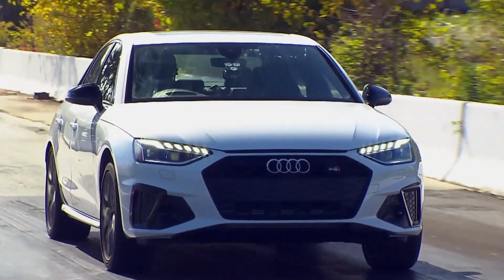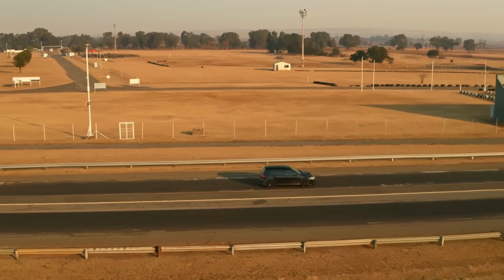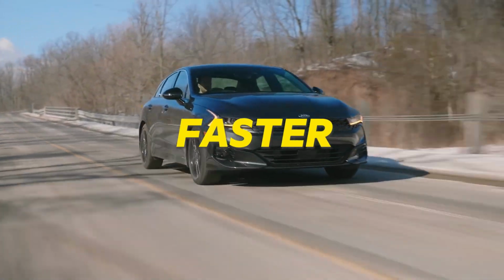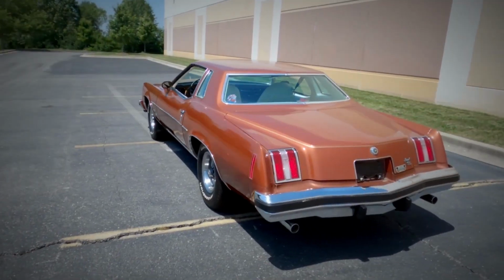A sleeper car may not seem so amazing from the outside, but it has some hidden features under the hood. These cars are usually affordable cars with simple exteriors that have powerful engines, making them faster than their rivals. So if you want a budget-friendly option to get around town, then make sure to check out these 7 cheap